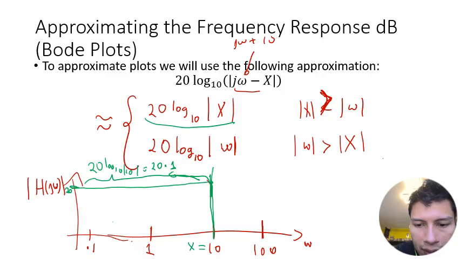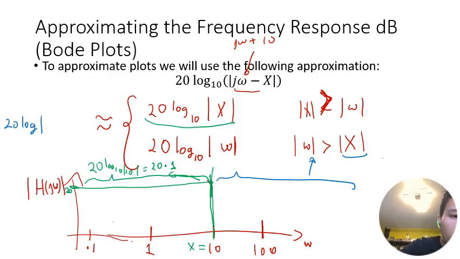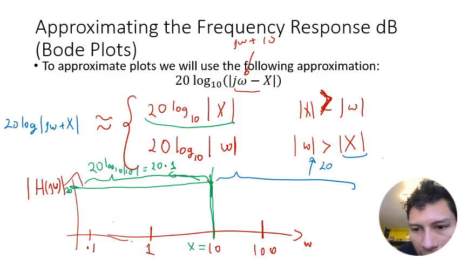And then in this region, omega is going to be bigger than 10, or X. Remember, we're doing this expression, 20 log of j omega plus X. Now we're going to assume that this is 20 log base 10 of j omega, which of course will just be equal to